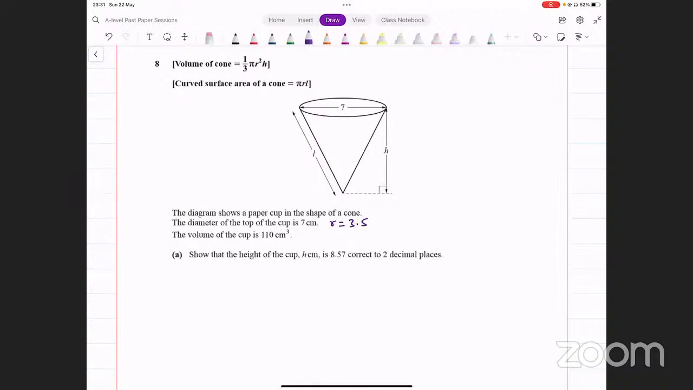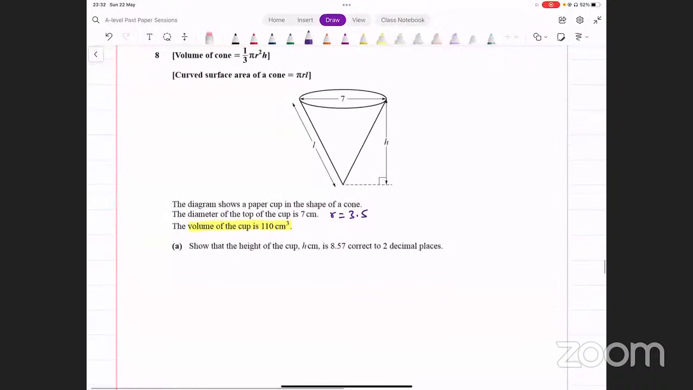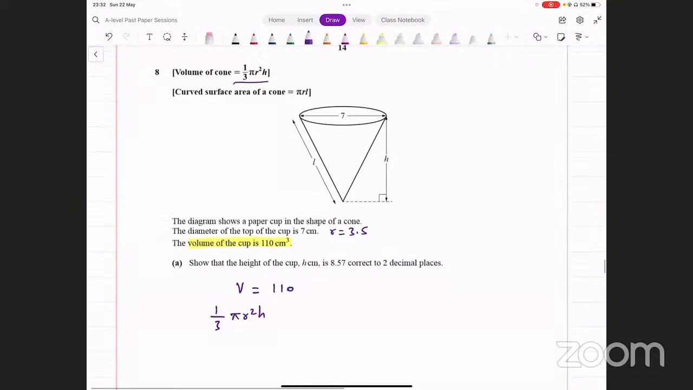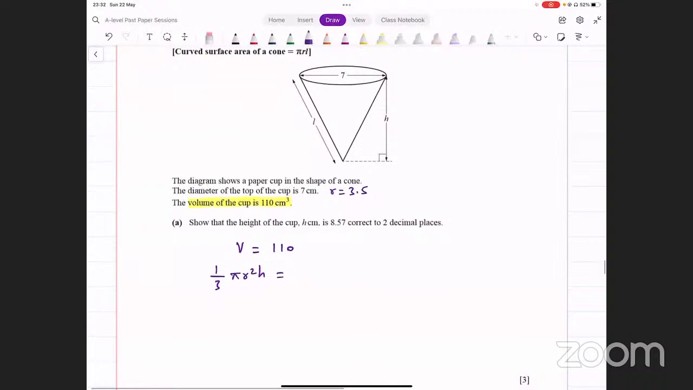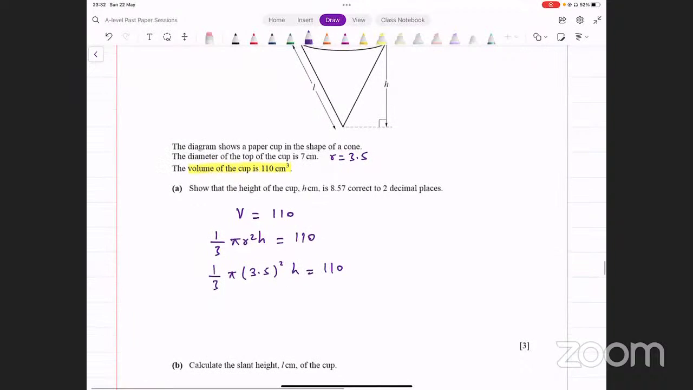Volume of the cup is given, that is 110 centimeter cube. Show that the height of the cup H is 8.57, correct to 2 decimal places. Okay. वॉल्यूम बताया ना उसने आपको, तो वॉल्यूम का फॉर्मूला यूज कर लेते हैं. वॉल्यूम इज इक्वल टू 110. वॉल्यूम का फॉर्मूला क्या होता है? It's 1/3 pi r squared h, जिसने ऊपर बताया हुआ है. कोन का फॉर्मूला आपको पता भी होना चाहिए, that's equal to 110. What's the radius? रेडियस इज 3.5. तो यहाँ पे इनपुट कर दें, 3.5 whole squared into h, that equals 110. यहाँ से बस h की वैल्यू आ जाएगी,